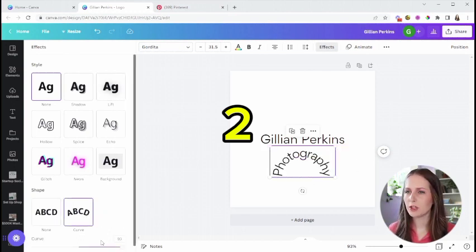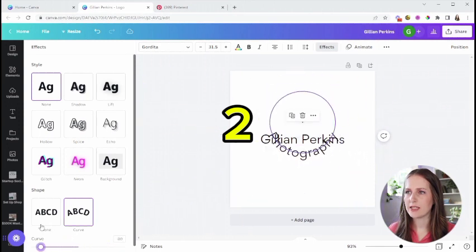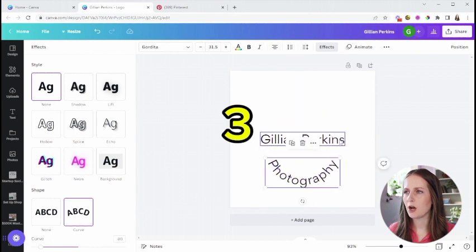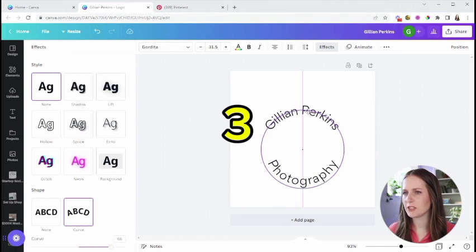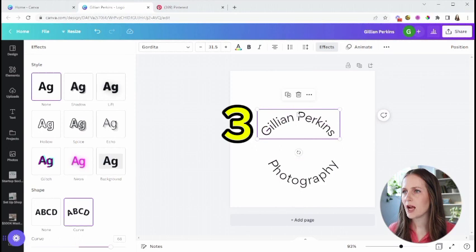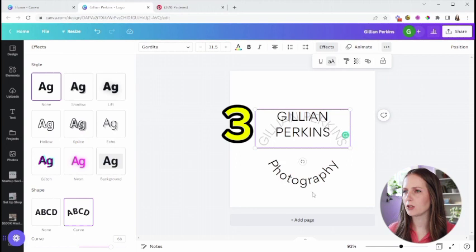So the bottom part I'll want to curve this way, and then the top part, which will be my name, I'm going to curve the opposite way. And it's really convenient that Canva provides these circles because you can make them match and actually form a circle. But I think it will look better if I make this be all caps. So I'm going to click on these 3 dots here and just choose this that will make it all uppercase,